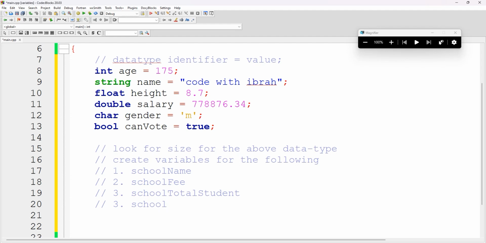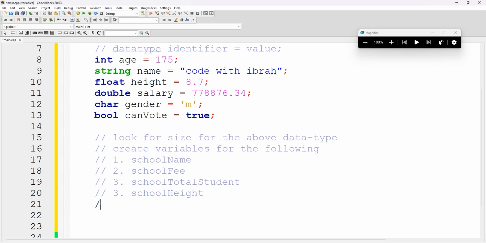Then I think we also have to have school height. Let's just have that. We want to create the school height, the height of the school. Just put the height of the school there, and then school status. So this school status, let me just explain. We can have so many statuses, but this one, you see, some schools are for male. Okay, then I think let's make a school gender